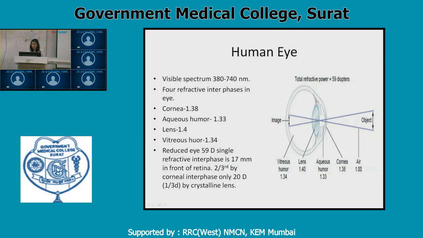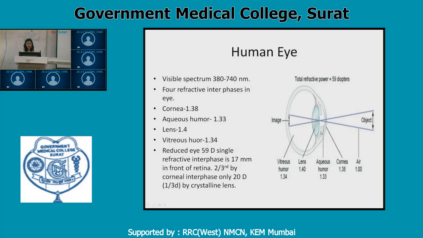To study and for simplification, we have considered the eye with a single refractive surface. If we consider the eye having a single refractive surface, then it is known as the reduced eye, and the dioptric power of the normal human reduced eye is 59 diopters. That means the image is formed at the retina, and that is the focal plane. So this point, the macula lutea or the fovea centralis, is the focal point for the eye as a lens.